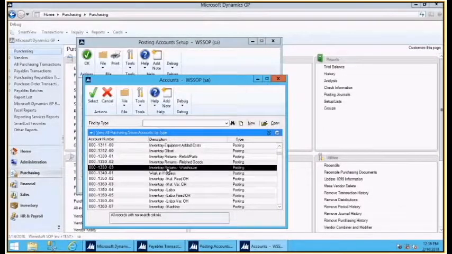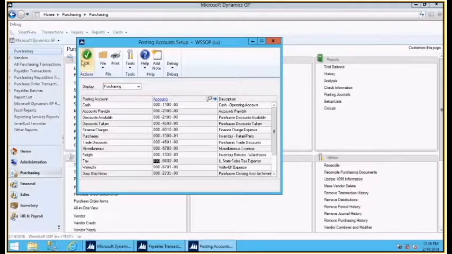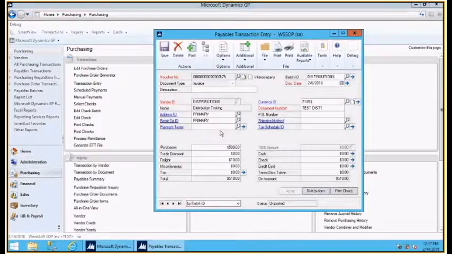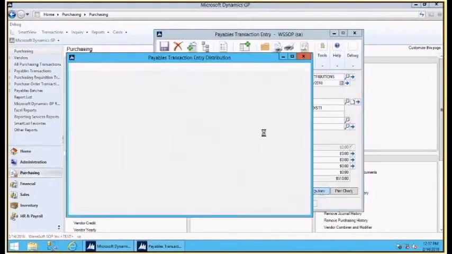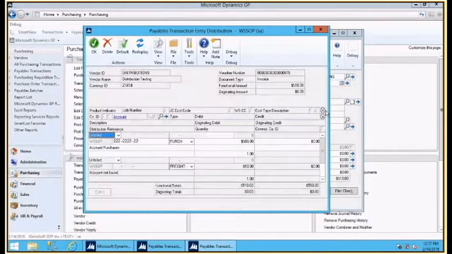So we'll just grab, and again, this is just for example, that's probably not the right account to use, but I'm just going to grab it here. So I'm going to fill in that freight account so that it's got one there, and go ahead and click OK. Now if I go back to my payables transaction here, go back into the distributions, I can go ahead